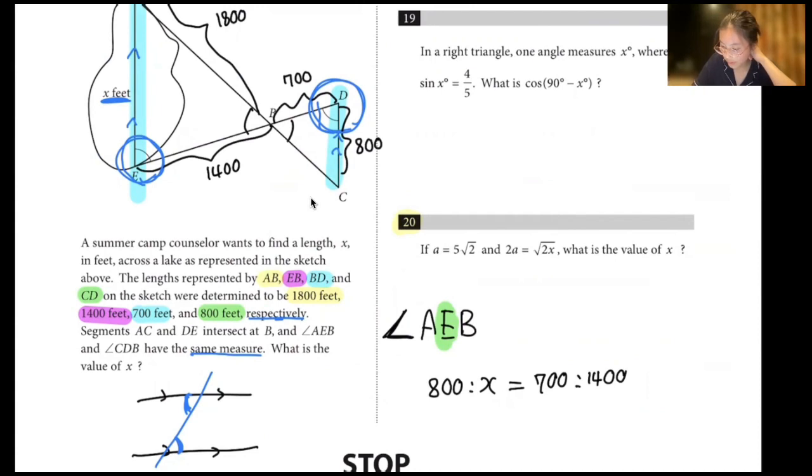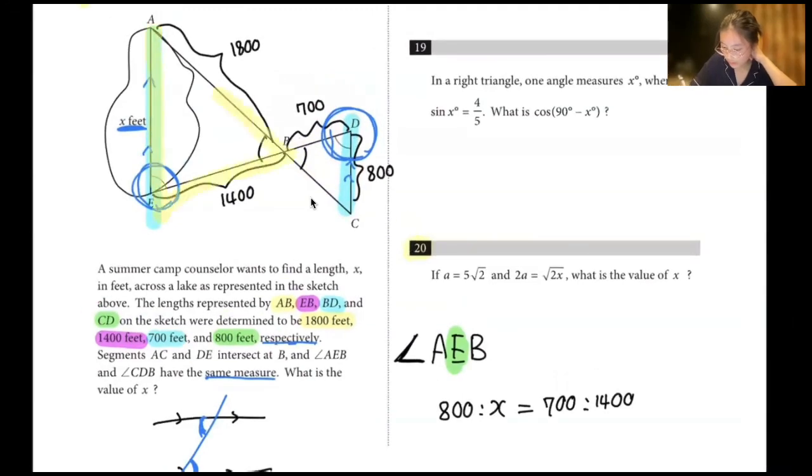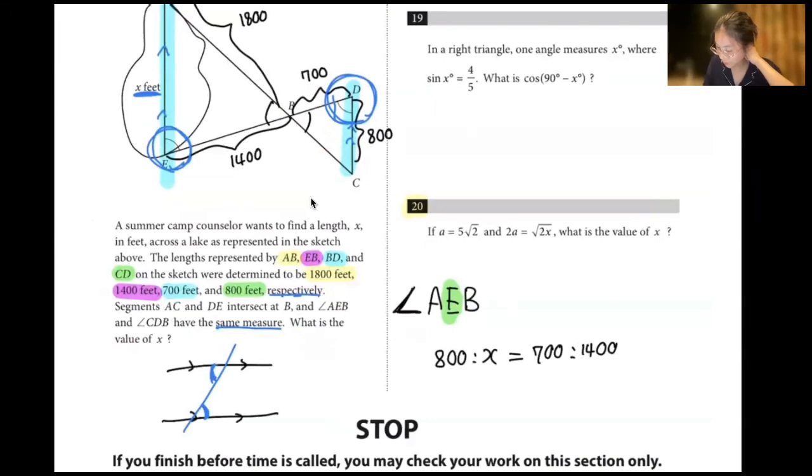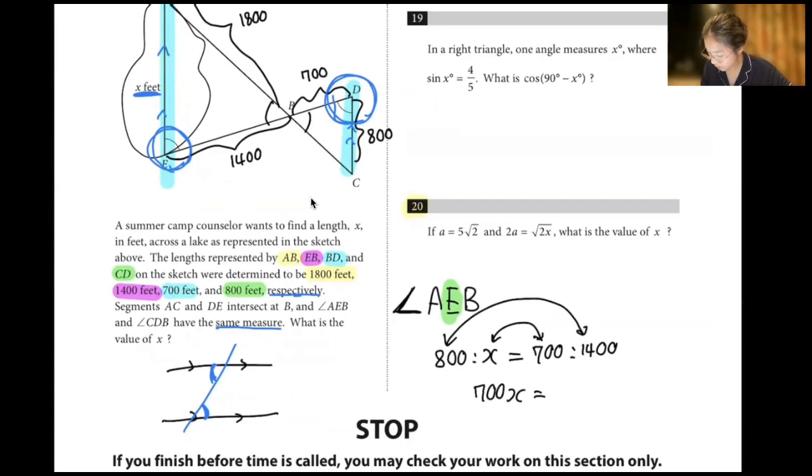So we're looking into this triangle right here. And then the second triangle is this one. So 700 to 1400. And then when you write a ratio like this, you always need to multiply the middle and then the sides. So that's going to be 700x to